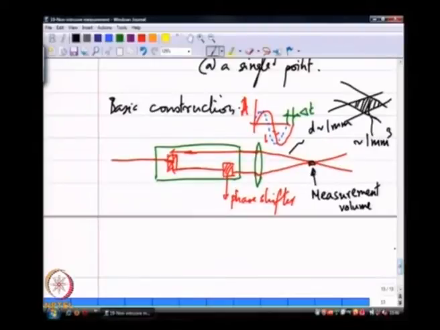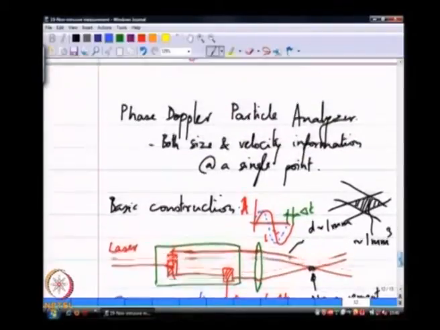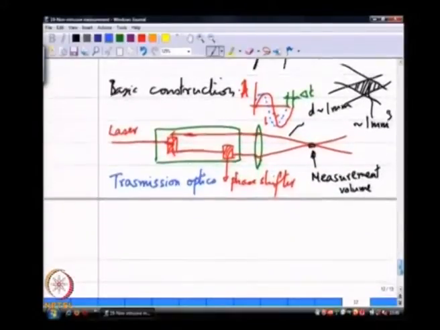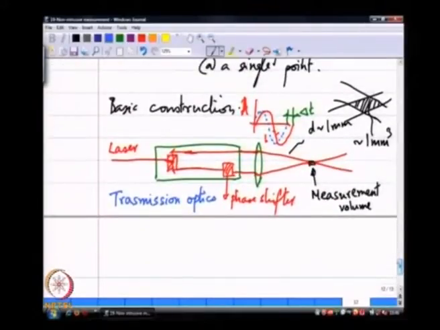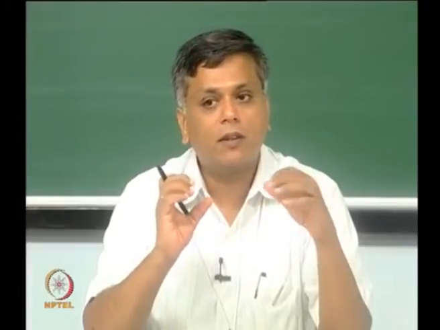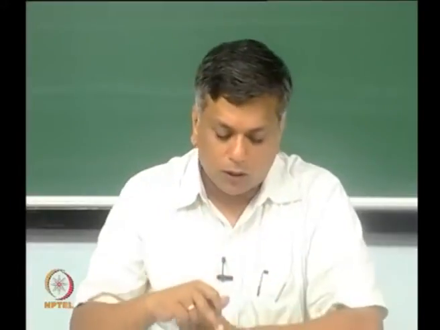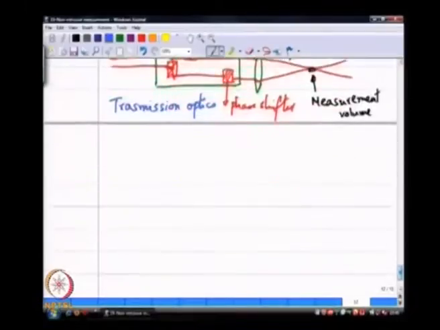Now, this part is called the transmission optics. This is called a transmitter in the phase Doppler particle analyzer construction. So, you essentially have a transmitter, a receiver and a signal conditioning system. Those are the three big building blocks. This is the transmitter and the receiver